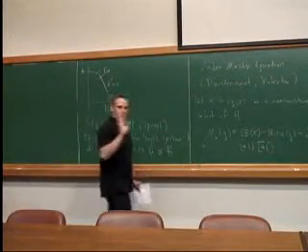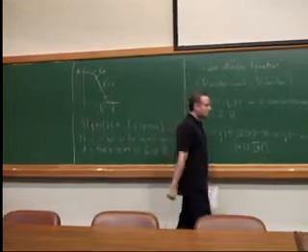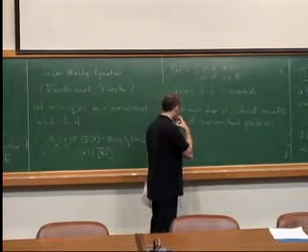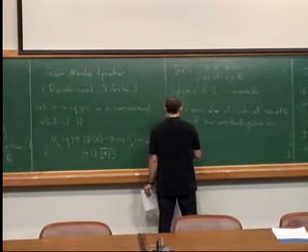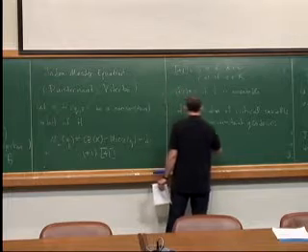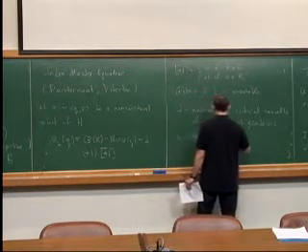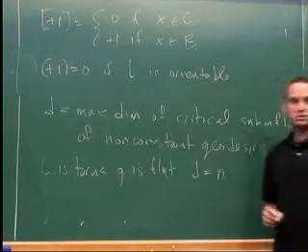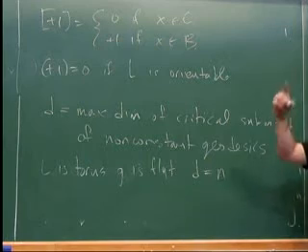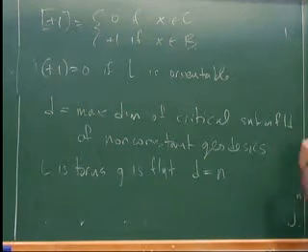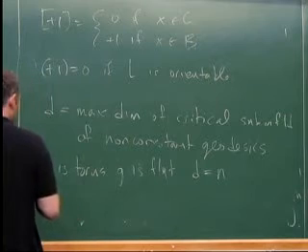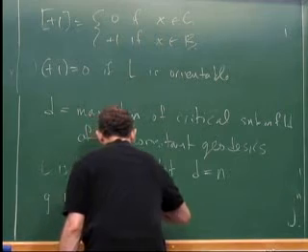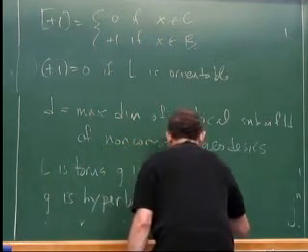Not clearly necessary, but let me just assume that for a second. So what do we know about D in the case of non-positive sectional curvature? Well, we know some typical examples. If L is the torus and G is flat, or in any case, if G is flat, then D is equal to n. The critical geodesics of a torus arise in n-dimensional families. And if G is hyperbolic,